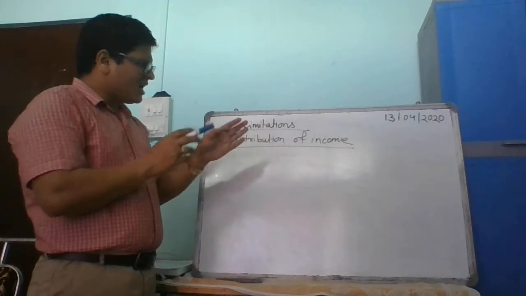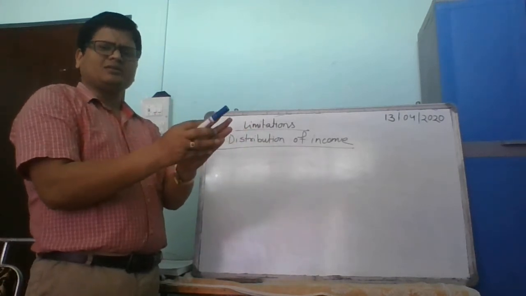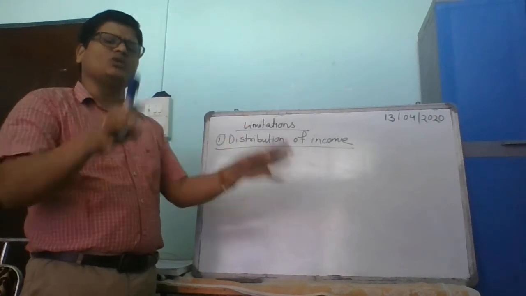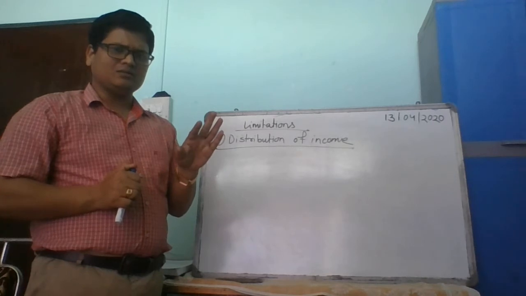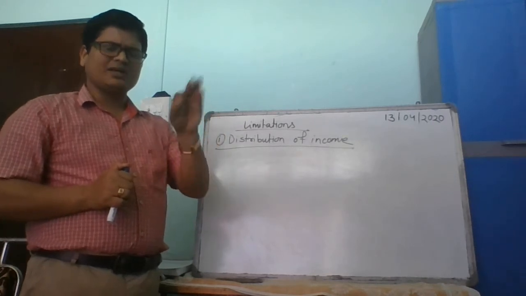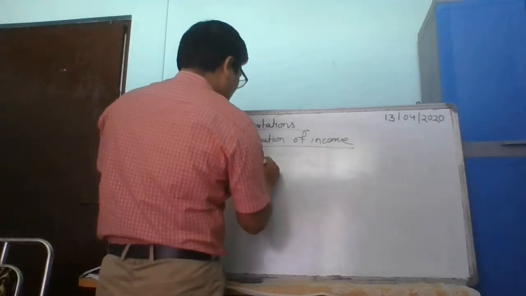Distribution of income means how income is distributed among different individuals in the economy. Suppose we take 5 persons in the total economy. Their income is